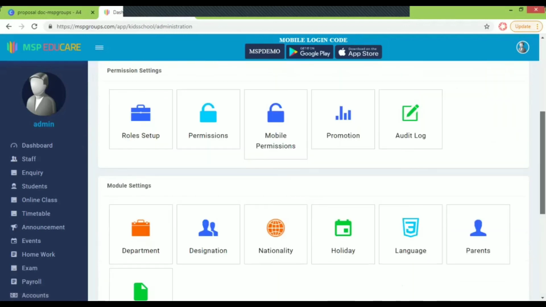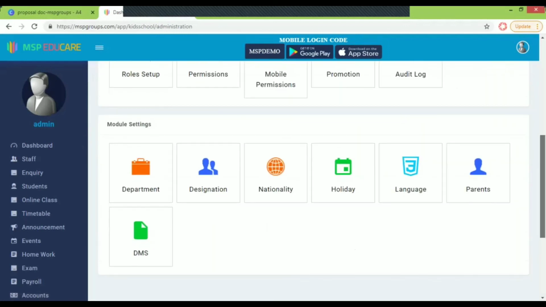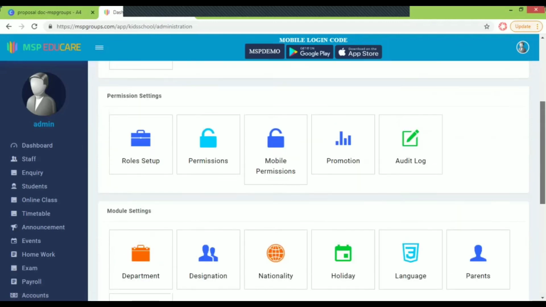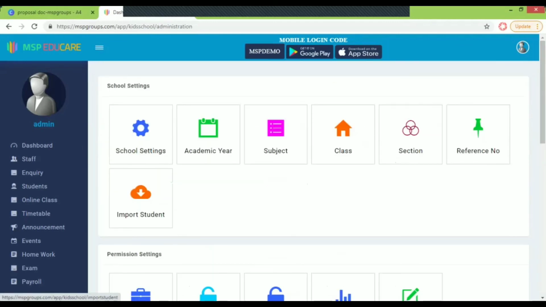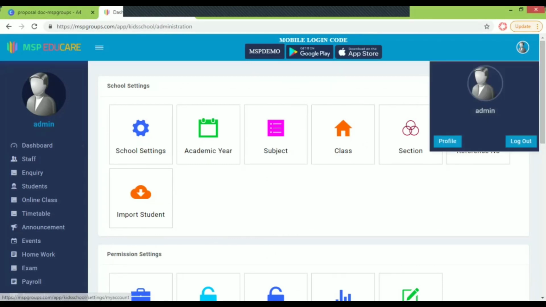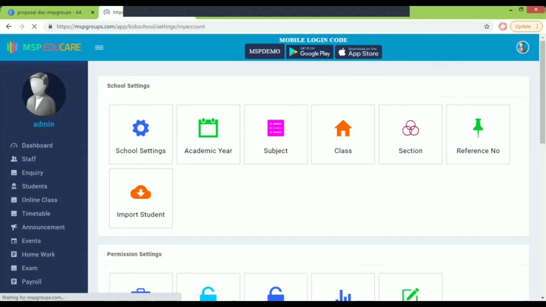So this is about the settings, what we handle. And once after installing the application, we move on to the settings and we make all those settings over here. And then we make sure we edit the profile over here.